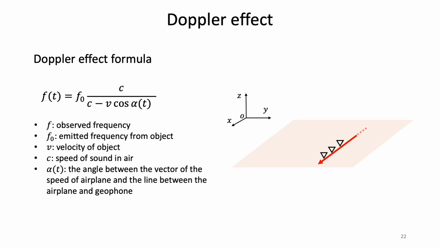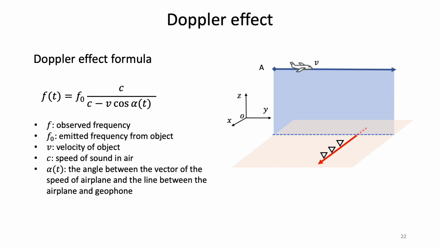Let's consider a more realistic situation. In a 3D case, the seismic array is deployed on the ground surface, the XOY plane. The airplane is flying at a certain altitude and at a constant velocity of v. The angle between the projection of its flight direction on the ground and the seismic array is theta. For a certain geophone, the angle alpha is in the plane defined by the geophone and the flight line. D is the distance between the airplane and the geophone. D and alpha change with time.